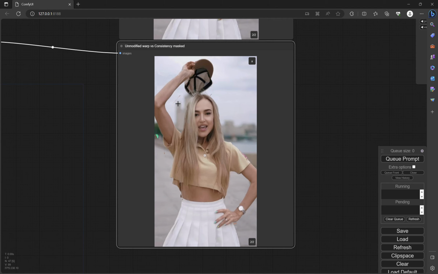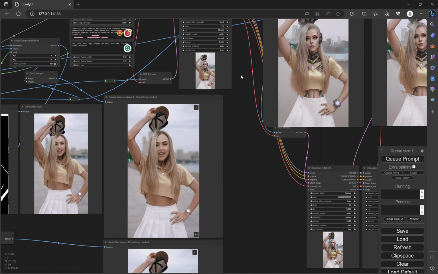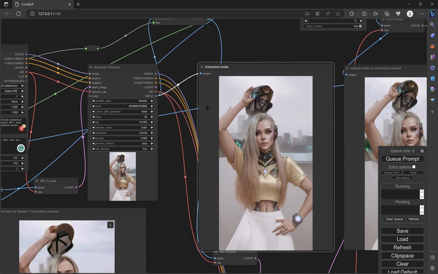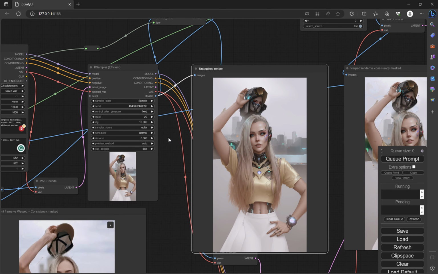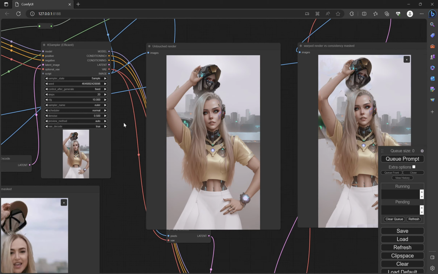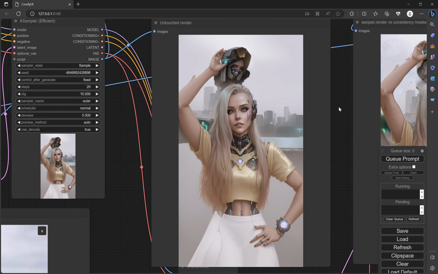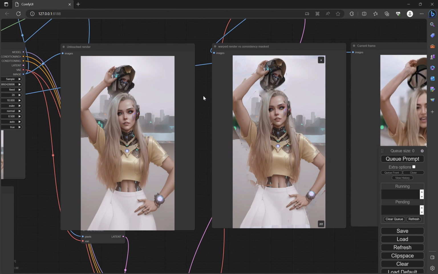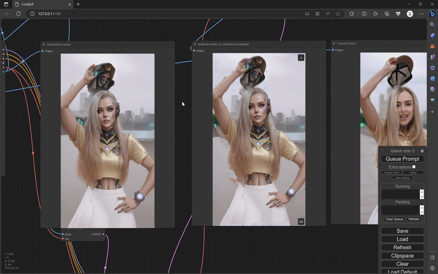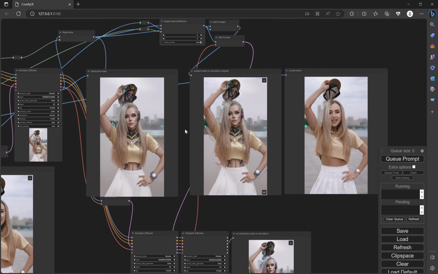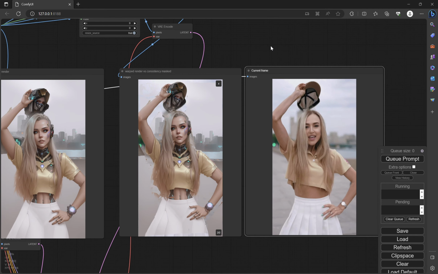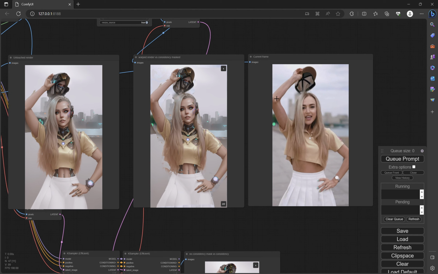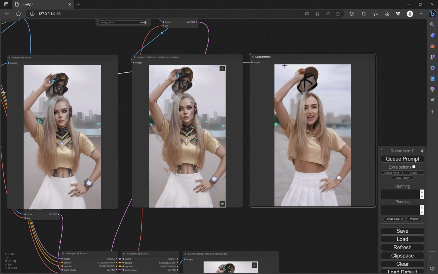Why do we need this? We need this because when we take the previous frame, we render it, get a nice render. When we switch to rendering current frame, we have to use some init. We can either use raw footage, so raw current frame, but if we use it as init for our render, we'll get bad temporal consistency between frames because it's very